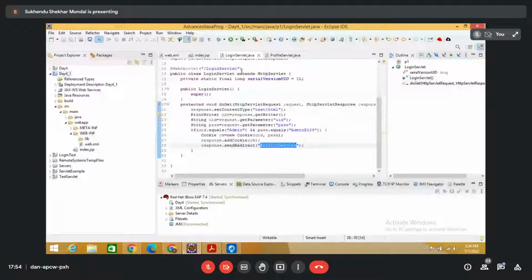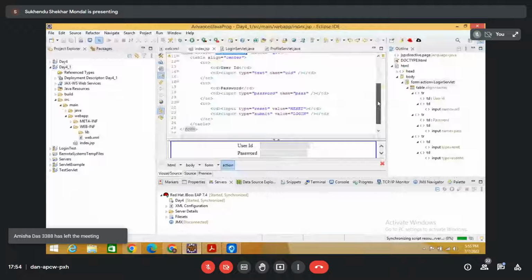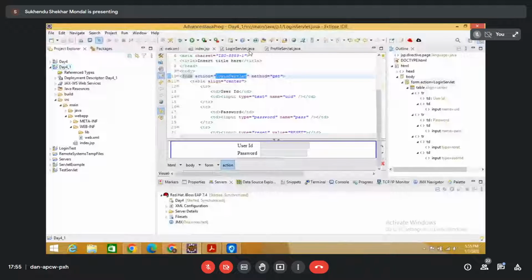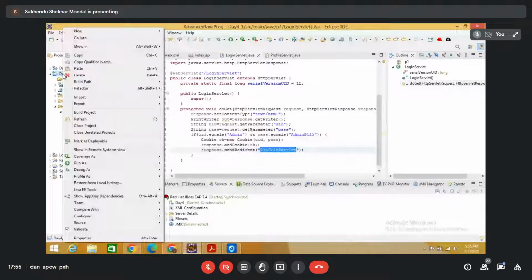এখানে একটা প্রবলেম হতে পারে। আর এখানের অ্যাকশনটা ঠিক আছে, এখানের অ্যাকশনটা হচ্ছে লগইন সার্ভলেট। হ্যাঁ, লগইন সার্ভলেট আছে। তো আমি এবার দেখছি এখানে একটা ভুল হতে পারে, এই যে রিডাইরেক্ট করছি প্রোফাইল সার্ভলেট, এটা হয়তো স্ল্যাশ প্রোফাইল সার্ভলেট হতে পারে। তো না রিডাইরেক্ট করলে তাহলে আমি দেখবো। তো রাইট ক্লিক করে এখানে আমরা দেখলাম ইউজার আইডি অ্যাডমিন আর পাসওয়ার্ড হচ্ছে admin@123। তো প্রথমে আমাকে এটা করতে হবে, বিল্ড দ্য প্রজেক্ট।